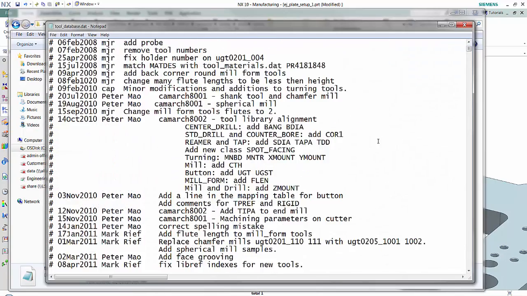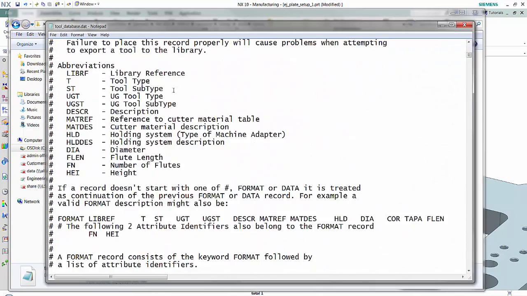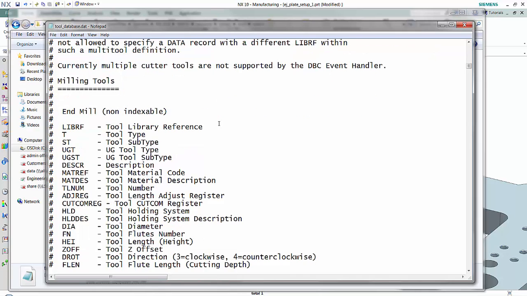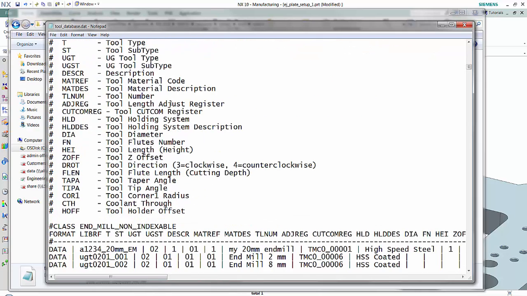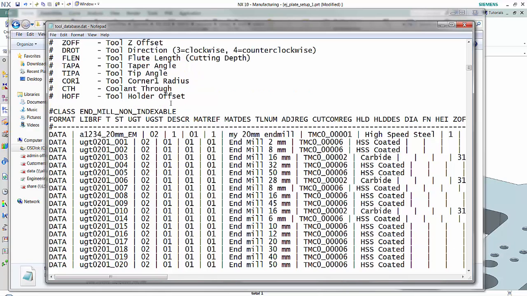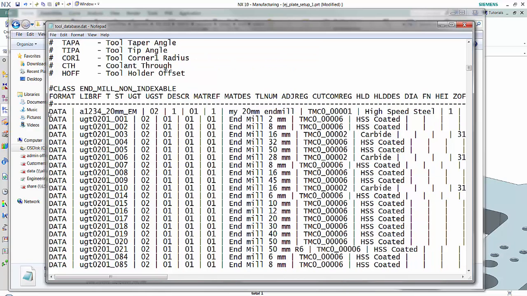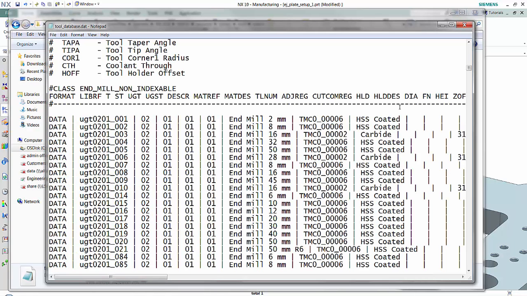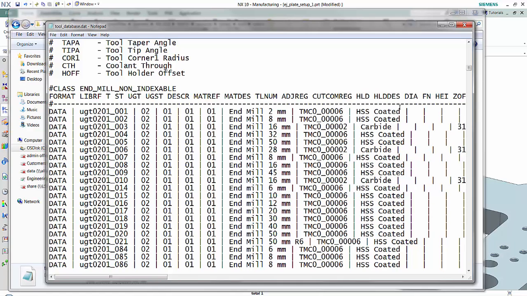and open that file. As I scroll through here, of course I could use the search option if I needed to. As I scroll through here, we will see the certain categories for each of the tools in the tool library. And as you can see here, notice I have a data record displayed for the tool that I had created. To remove that tool from the tool library, I'm going to select that line and simply delete that data line. Save the tool database.dat file,